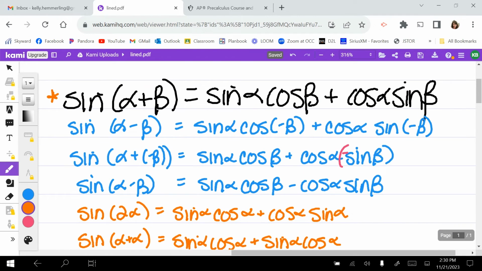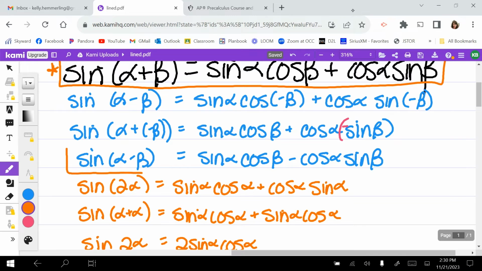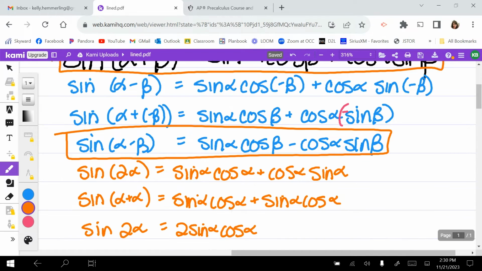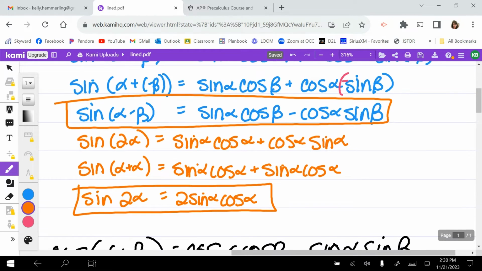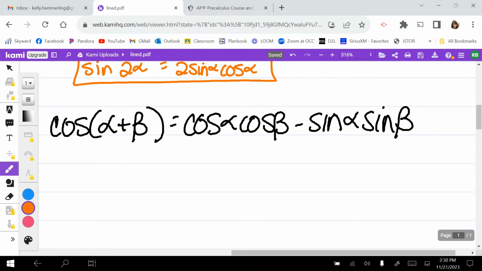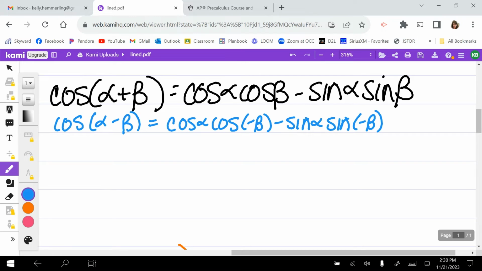So again, if the students memorize the identity for sine of alpha plus beta, they are able to derive sine of alpha minus beta and sine of 2 alpha. So then let's take a look at the identity for cosine of alpha plus beta. So again, we're going to ask the students to memorize this identity, but when we want the students to use cosine of alpha minus beta,